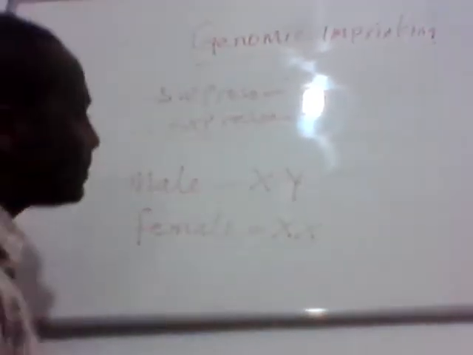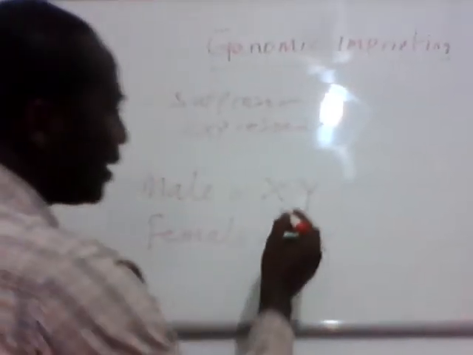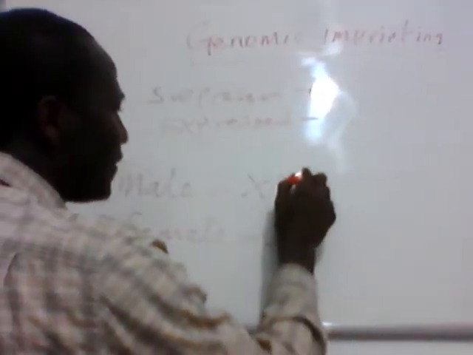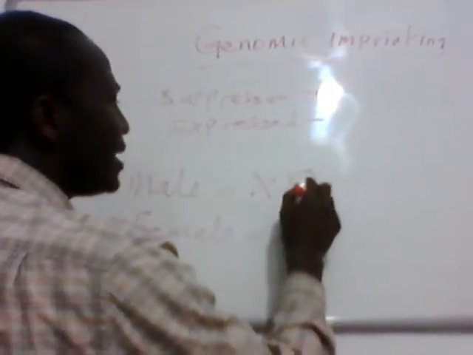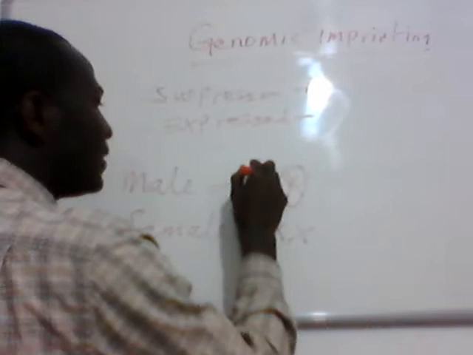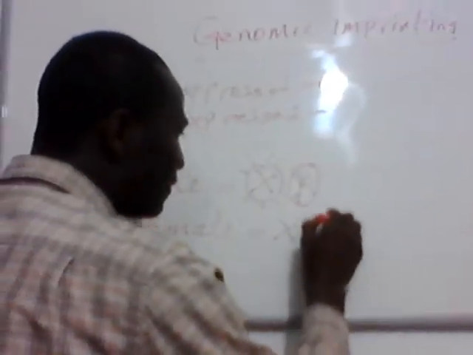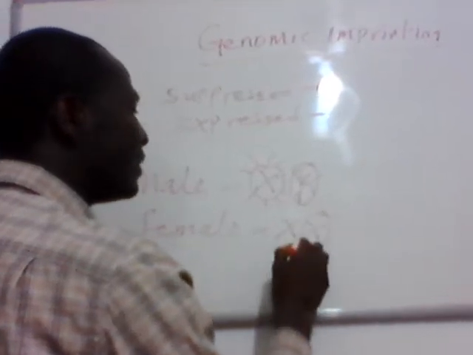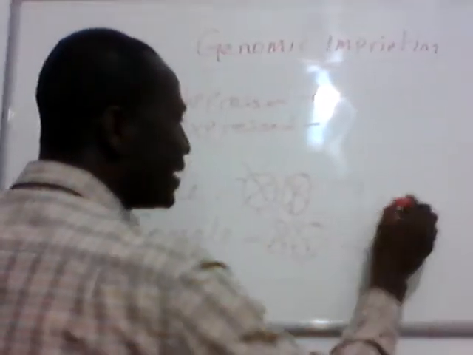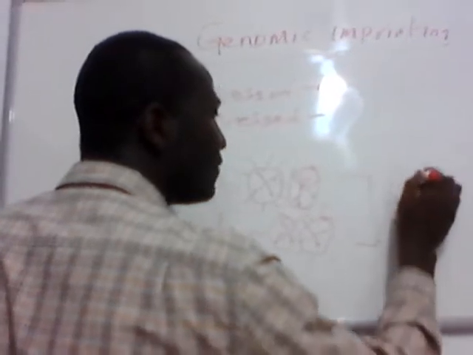Now here what happens is during meiosis, we normally see that one of the genes, for example Y, is going to be suppressed and this one is going to be expressed. So this is from the male. Now from the female, let's say this one is going to be expressed and this one is going to be suppressed. So at the end of the day, you will see that this offspring will end up having X chromosome and X chromosome again, all of them expressed. So this will end up being a female